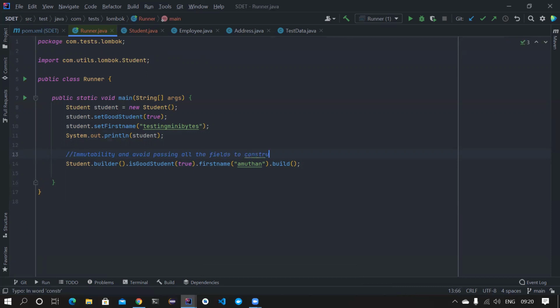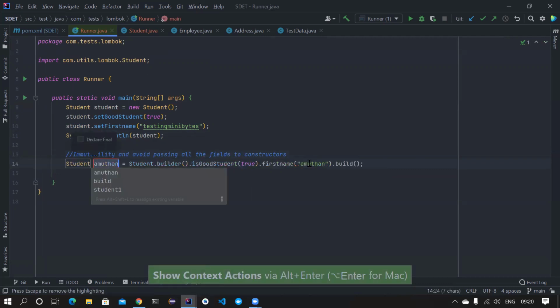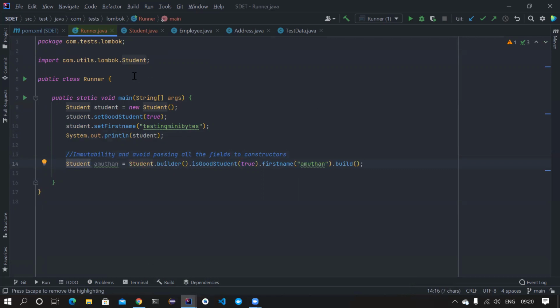If the Pojo is very big, there are a number of fields, you don't want to pass all the fields, then you have to create a lot of constructors for the missing fields. You don't want to do that, so you can use builder pattern. Again, it's not mandatory that you have to use builder pattern using Lombok. There are other ways where you can create it yourself using static inner classes or external builder classes, anything. But for now, you can also create a student object with the help of builder class. So if you introduce a new local variable, it will provide you a student reference, right? Good. I have covered almost everything we need to cover with Lombok.